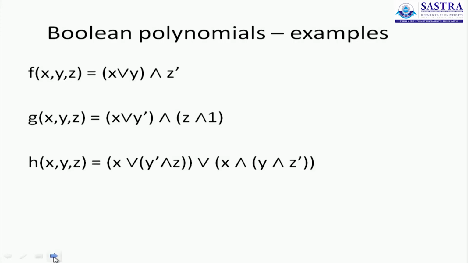Now on your screen is a simple example of a Boolean polynomial. The variables x, y and z are combined in this manner. All of them are present, all of them are combined using a connective which is either the meet or the join, and every variable is either in its usual state or its complement state. It's pretty much similar to what we learned in the unit on logic, except there you used letters p and q to represent statements. Here we use x, y and z to represent variables.